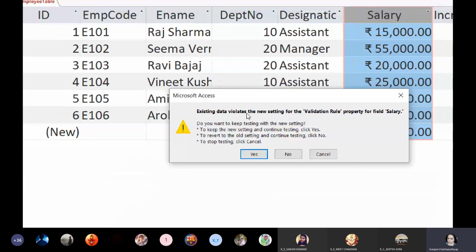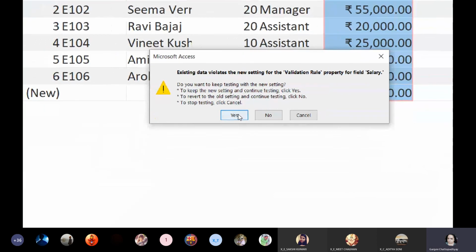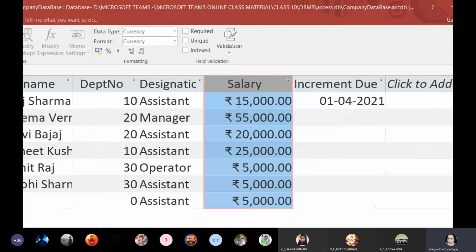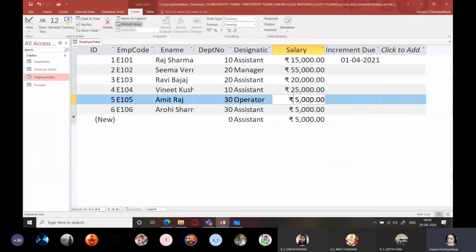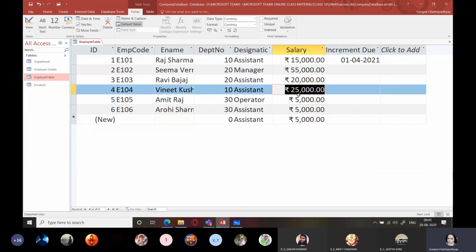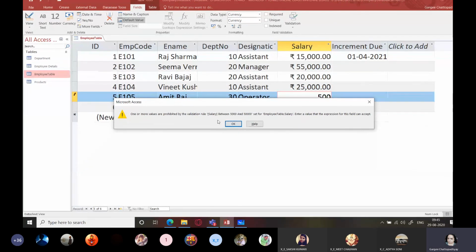So existing data violates the new setting. Do you want to test it? Yes. So now what we are going to do is we are going to test this setting over here. We have minimum as 5,000 and maximum 5 lakh. First we'll try to change this data to say 500. So it's giving me an error message. What is the error message?